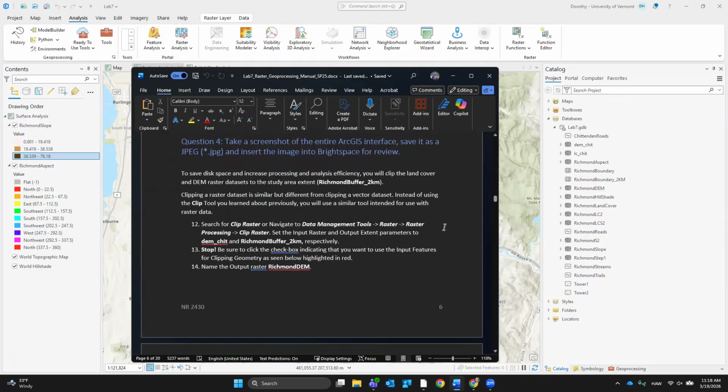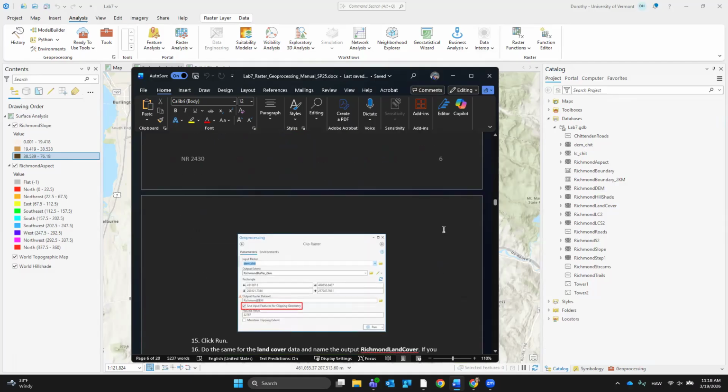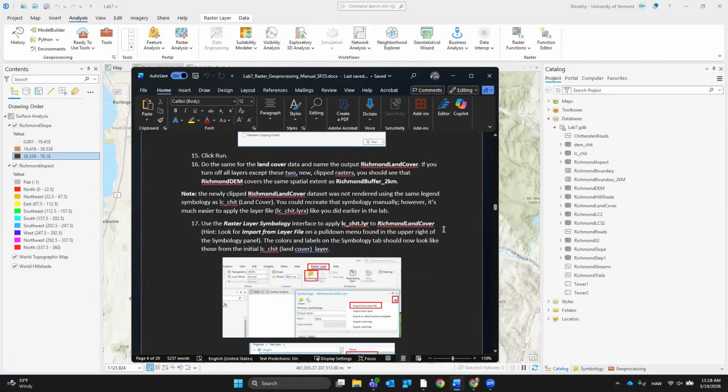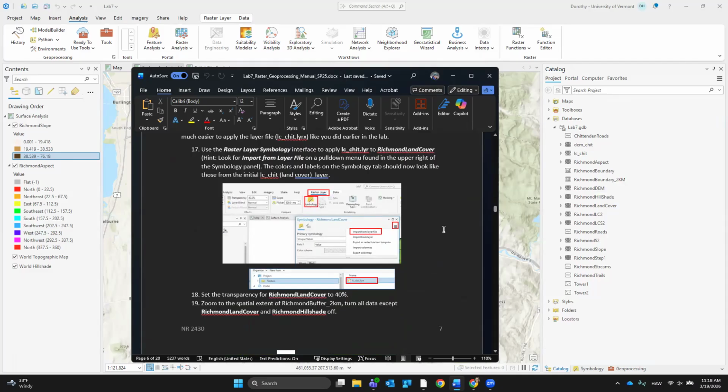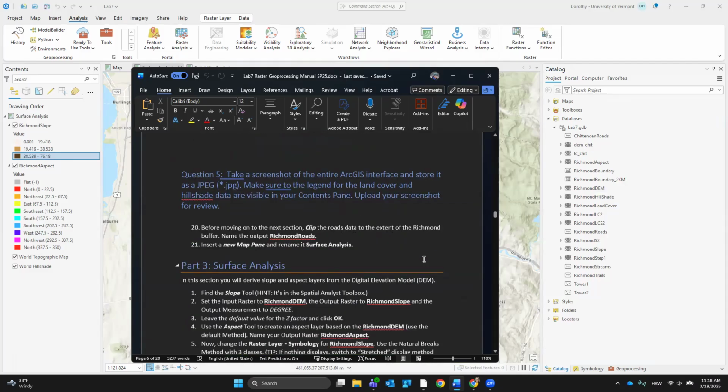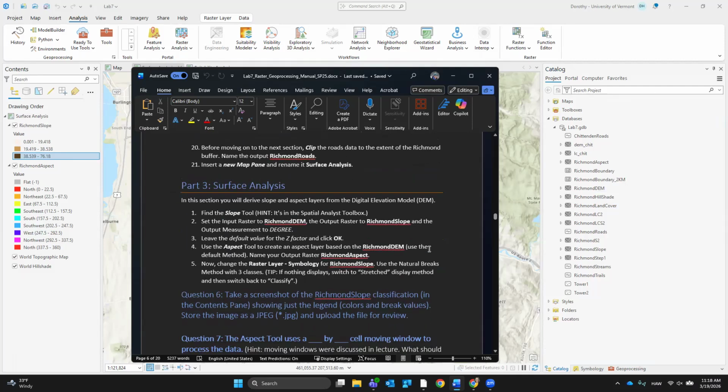I already did that one. Raster processing. Yeah, okay, I clipped it. I did land cover using that layer. Hillshade and land cover. Okay, I clipped the roads. Okay, so in my slope tool, I did the input of Richmond DEM and the output of Richmond slope.